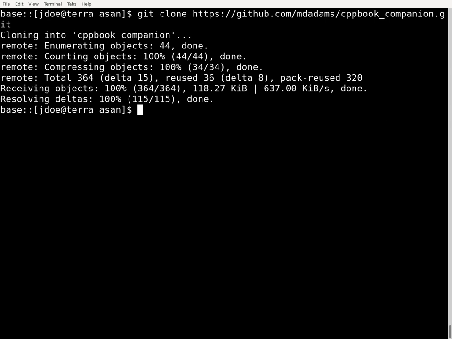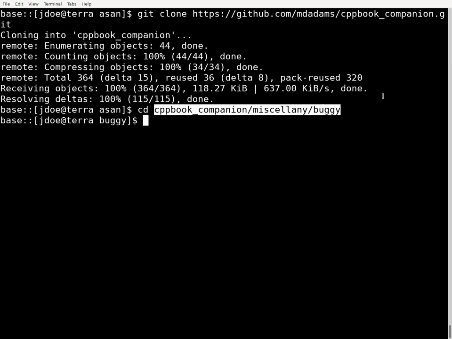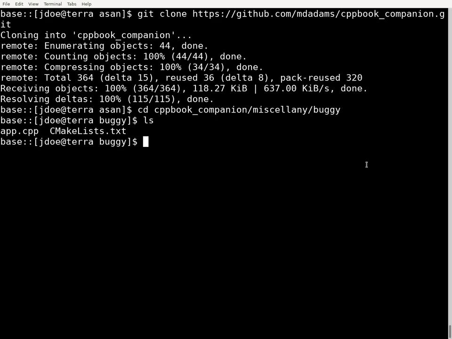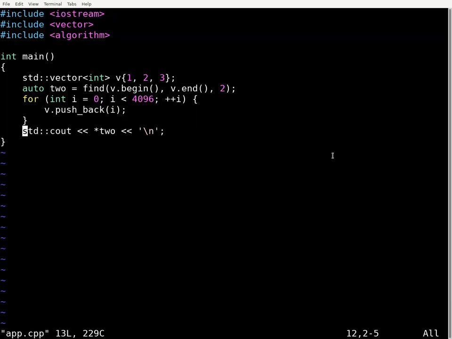The particular example that I want to look at is in this subdirectory of the repository, so I'm going to change directories there. If I take a look at the files in this directory, there's basically just a C++ source code file and a CMake list file. If I look at these files in more detail, if I look at the C++ source code file, we have